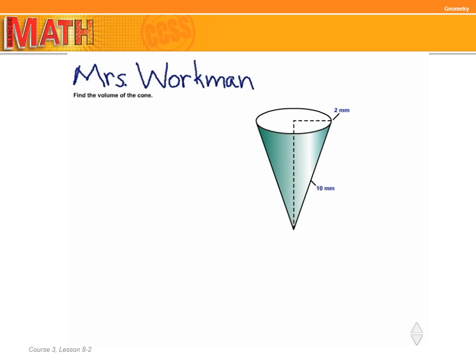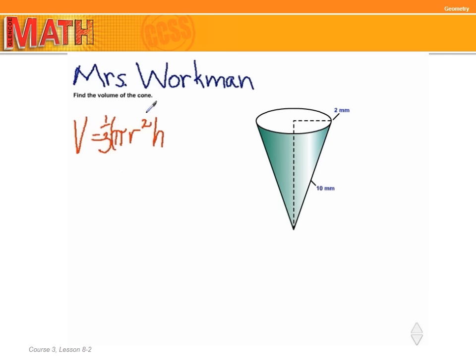Find the volume of the cone. In other words, we want to find out how many cubic millimeters it would take to fill this cone. To do that, we're going to use the formula V equals pi r squared h times 1/3. Now, if some of that formula looks vaguely familiar,